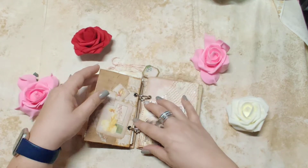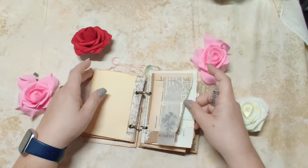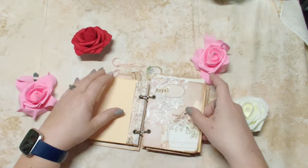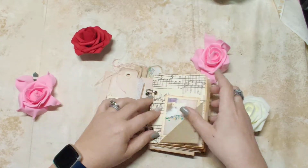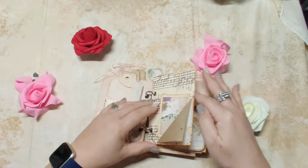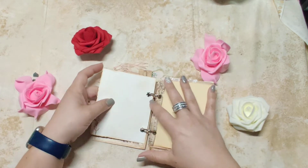Oh, I don't know. It came out really cute. It is really fun, and I love the sepia and the sort of neutral colors and just that little pops of color, but nothing much. But as you can see, as I'm playing with it, the pages do not, even this one, this was a cardstock, and it sort of sat funny. I don't know if it's just the grommets